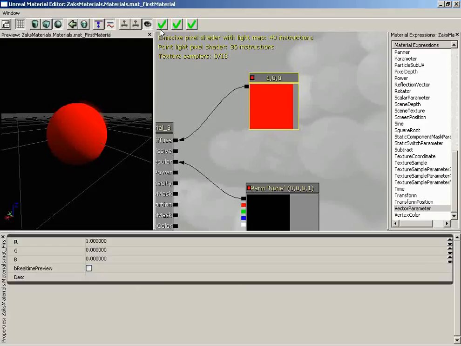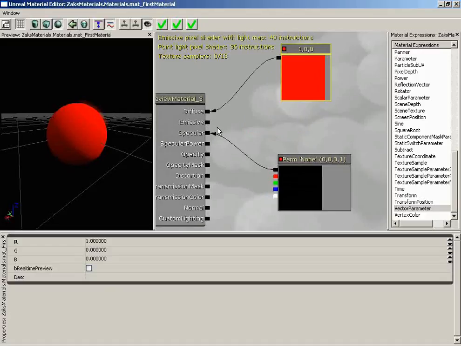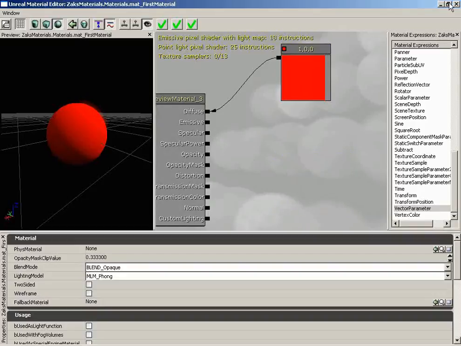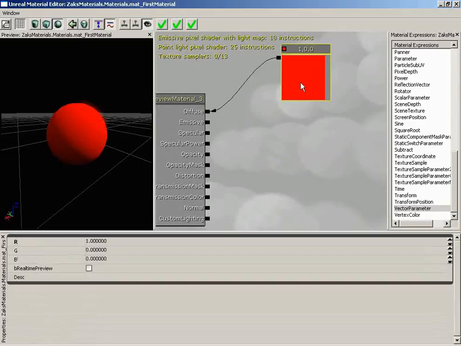Now, next to this, we have 3 checkboxes, and one of these is really easy, and 2 of them are a little more complex, but unfortunately, they all have the exact same icon, so things get kind of interesting. Now, the one that you're going to be using more often than anything is the very first far left checkbox icon, and that is Apply Changes to Original Material and Use It in the World. And you probably actually saw us use this in the last video, and if you didn't, you just weren't paying attention to the video. If you make any changes to this material, and for just a moment, let's go ahead